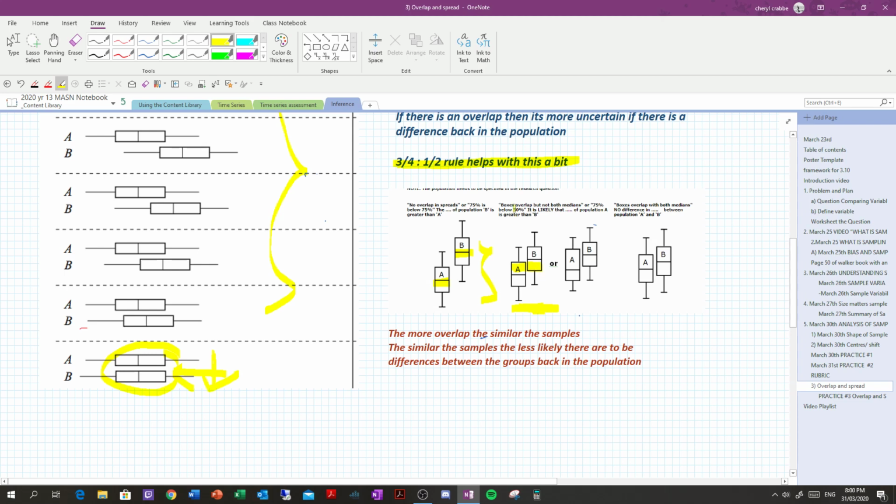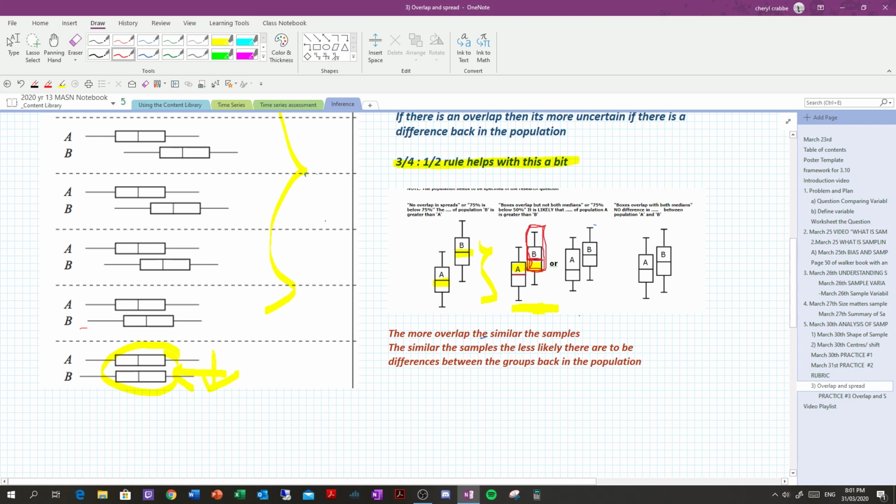But if boxes overlap, but not so much that at least one of the medians is outside the box of the other. So if you take a look here, we can see that B's median is outside the box of A, and in fact A's median is outside the box of B. But they don't have to both be outside the box, just one of them, because basically that gives us this whole 3/4 or 75% situation where we can say that